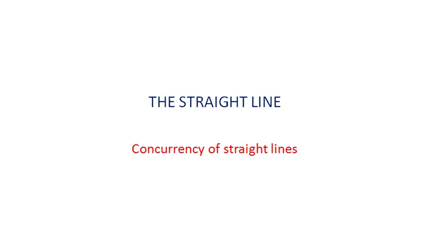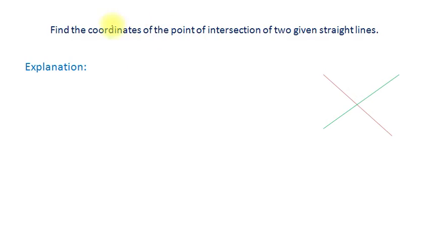mathematical problems. So first of all, the first slide here is: find the coordinates of the point of intersection of two straight lines. So suppose here we have two straight lines. Suppose the straight line is a1x plus b1y plus c1 is equal to 0. So this is the first straight line, and suppose this is line L1 which is shown in brownish color, and the second straight line is a2x plus b2y plus c2 is equal to 0. So this is line 1 and this is line 2.